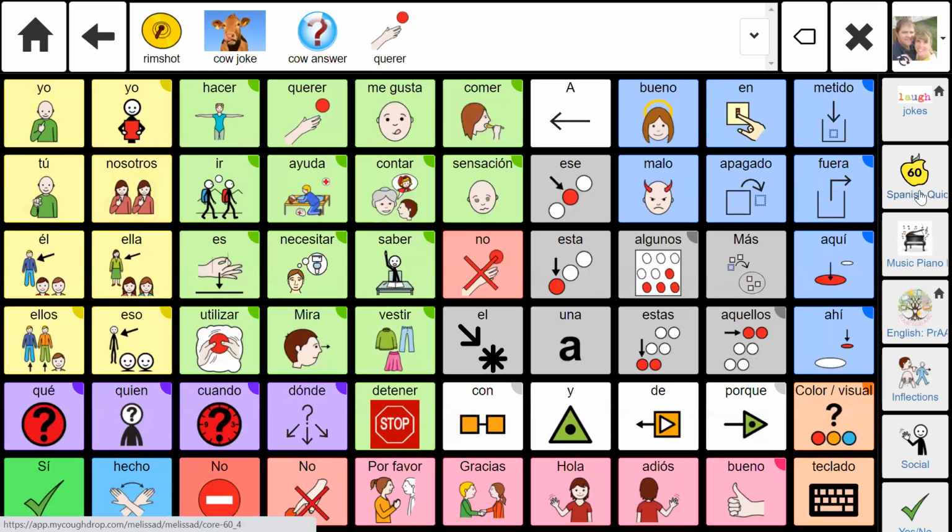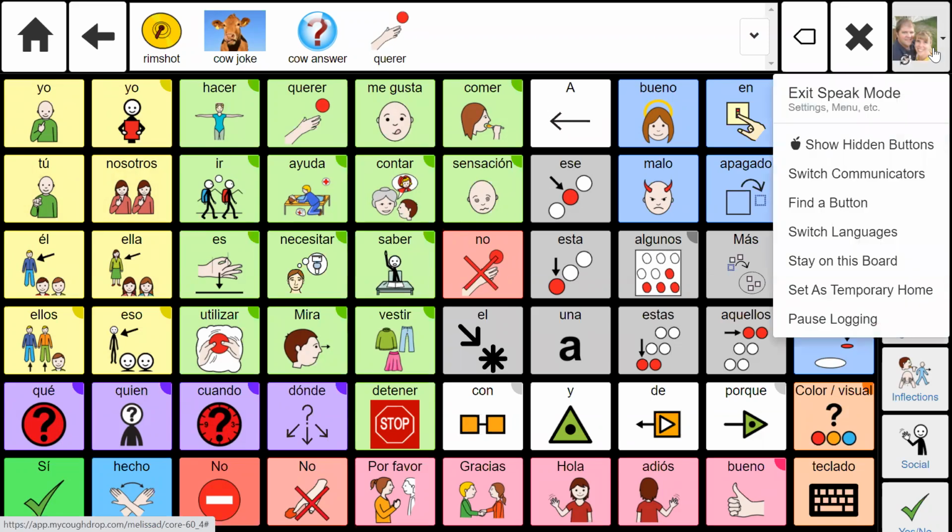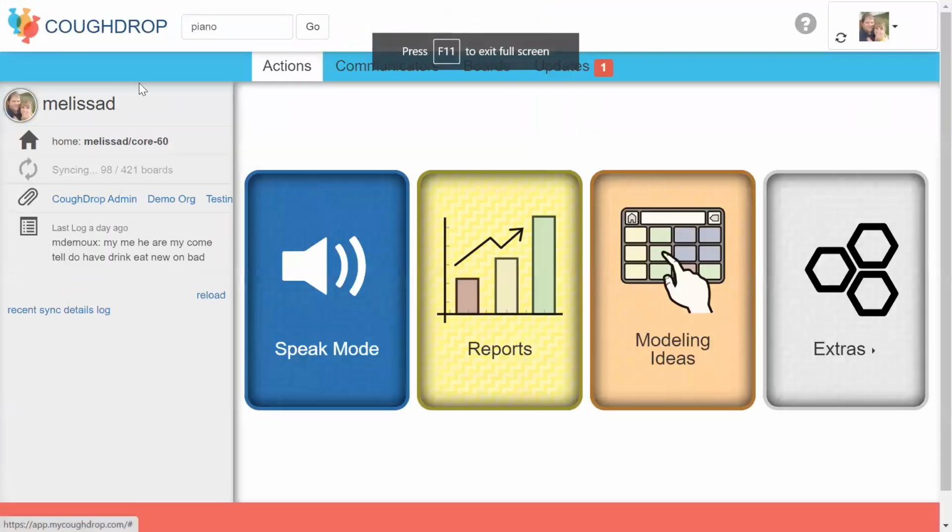Now you probably noticed that that Carrera was not the most fabulous vocalization. The voice set on this particular account happens to be an English voice. If I want to constantly be in Spanish, then I'm going to want to choose a Spanish voice. CoughDrop does actually have an option to move back and forth between different speech boards that have been translated into